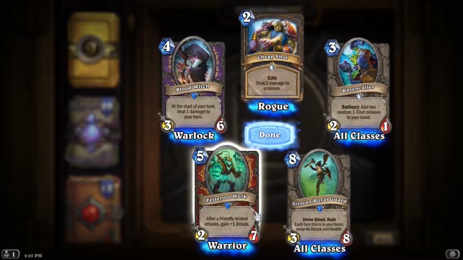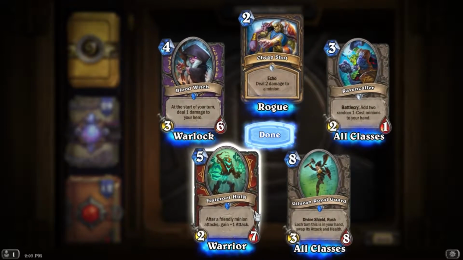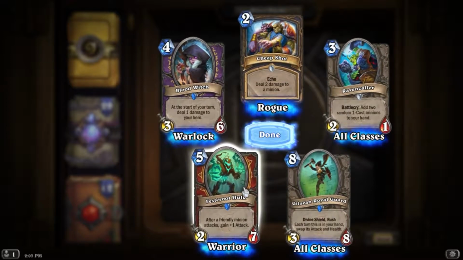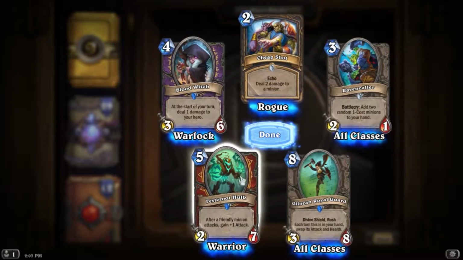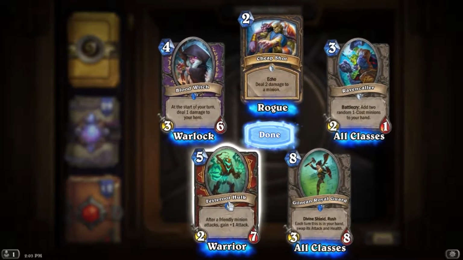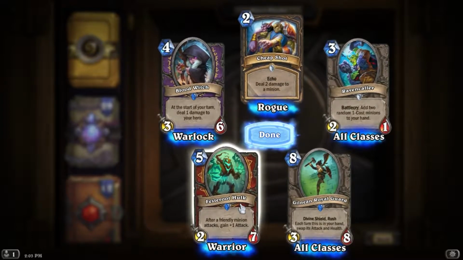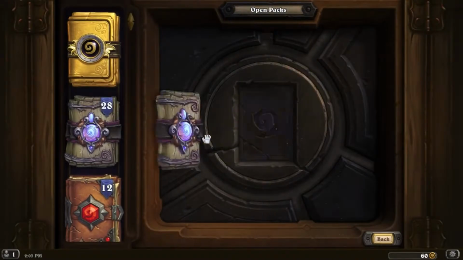Fester Root Hulk, 5 mana, 2/7. Warrior, after friendly minion attacks, gain 1 attack. So that's pretty interesting. I like that. It's like a nice mid-range warrior minion for something maybe a little bit more aggressive, right? Getting a lot of minions on the board and just attacking. But anyways,